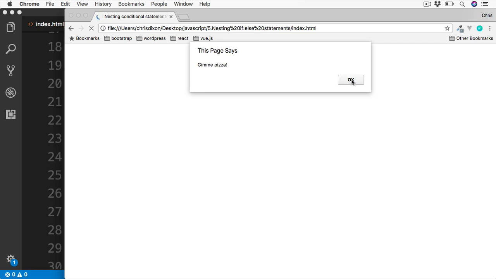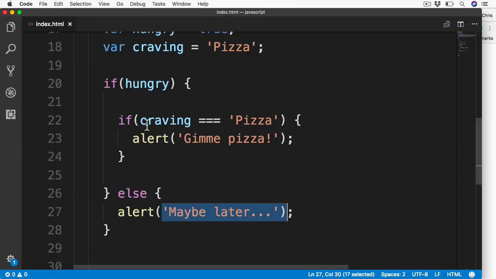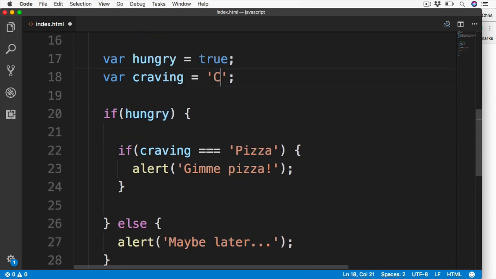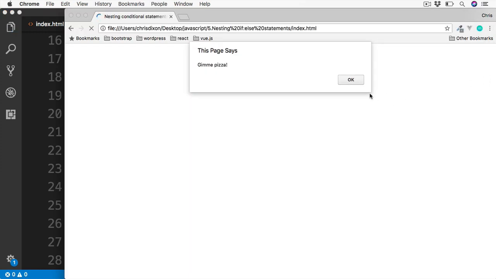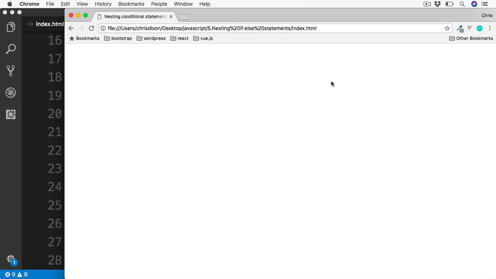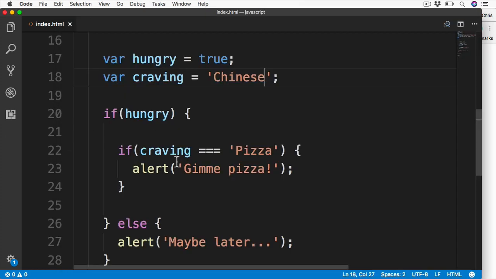But what if the first condition was true, of hungry, but we weren't craving pizza? So let's change this variable to something else, such as Chinese. Save that and then refresh. So we don't see any alert. This is because although hungry is set to true, craving is no longer set to pizza, therefore this alert won't